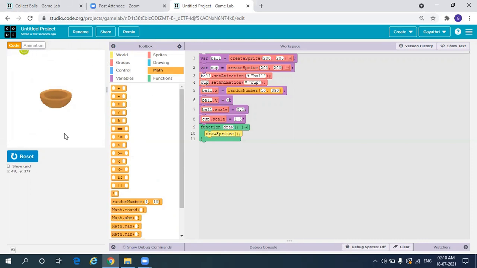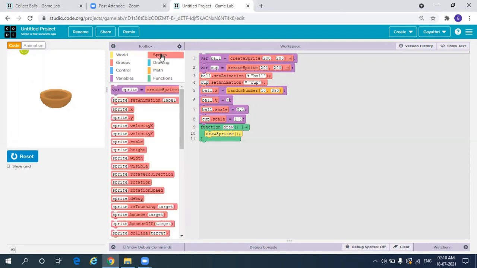Then the cup should be at the bottom, right? For that, again, we'll go to sprites, then select sprite of Y. This time change it to cup. Cup of Y will be 400, or I'll keep it a little up. So cup of Y will be 10.